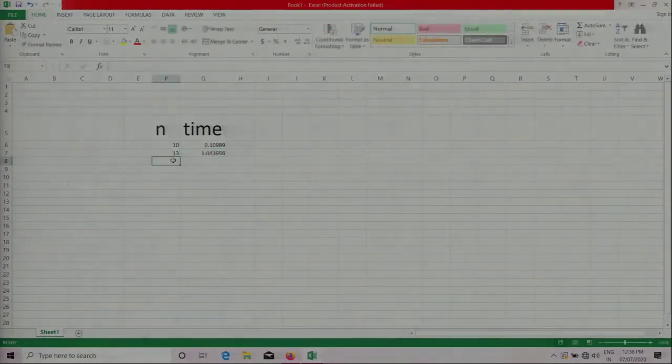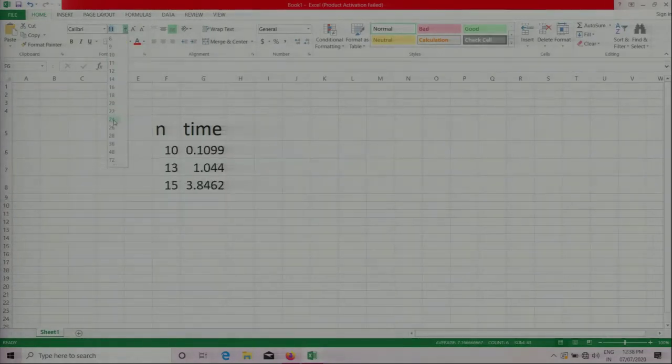Next, when the n value was 15, the time taken was 3.846154. These are some sample times we have taken with respect to the value of n.